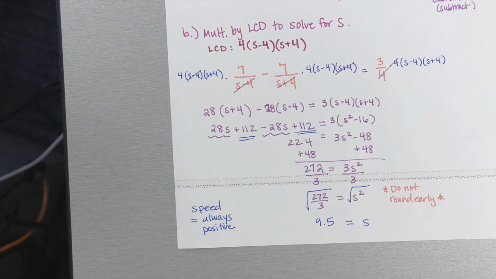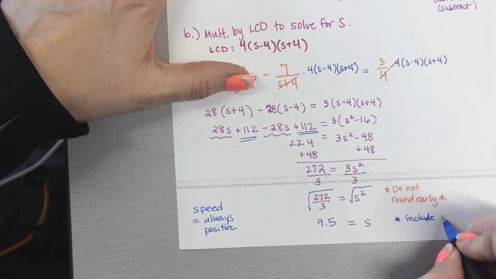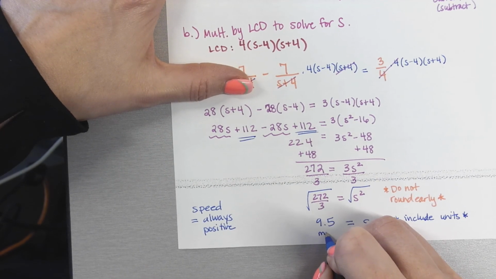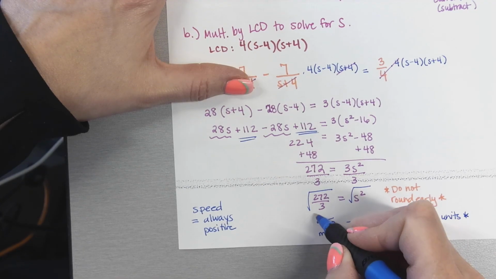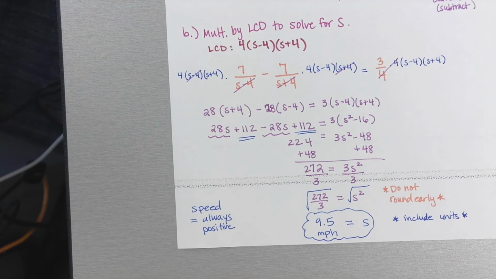Okay, and then your final answer, make sure you include your units. Okay, so s is going to be 9.5 miles per hour. That's your speed. Alright. Then when you're, yep, the 9.5 is in miles per hour. Okay, and then